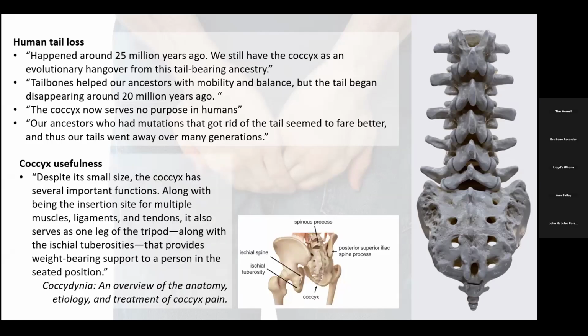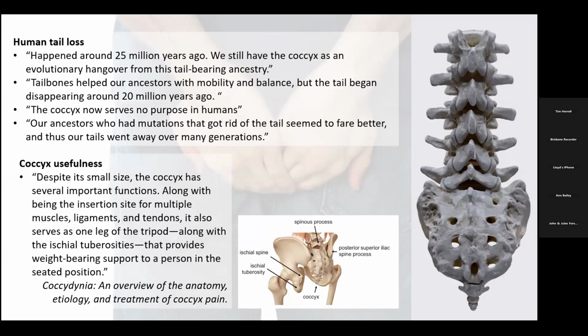It's got no usefulness. No. We know how this is going. I'm going to back this up. So the usefulness of the coccyx. Despite its small size, the coccyx has several important functions. Along with being the insertion site for multiple muscles, ligaments, and tendons, it also serves as one leg of the